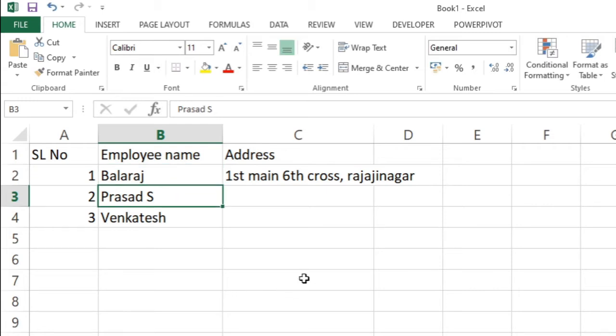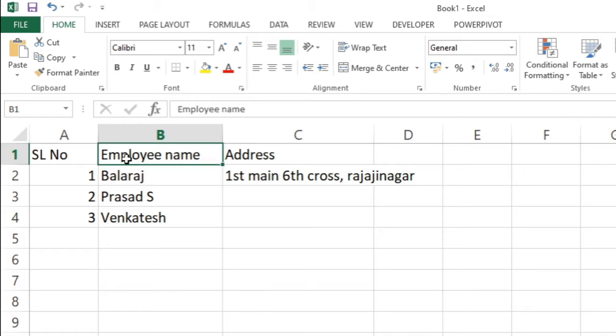One more important thing that you should remember, whenever you do copy or cut, you have to do some selection. After selection only you will be able to copy the information or move the information to another location.